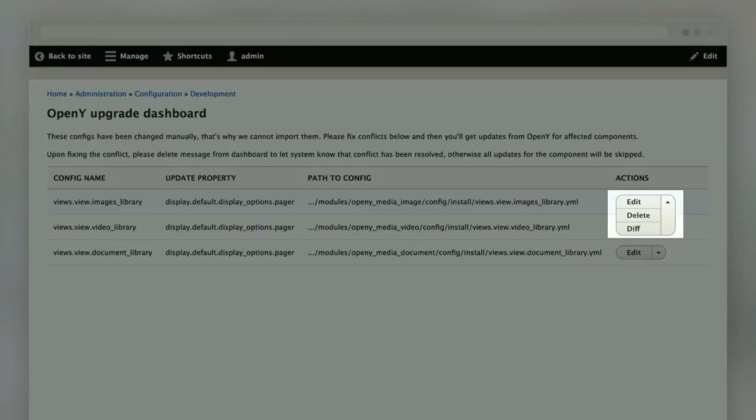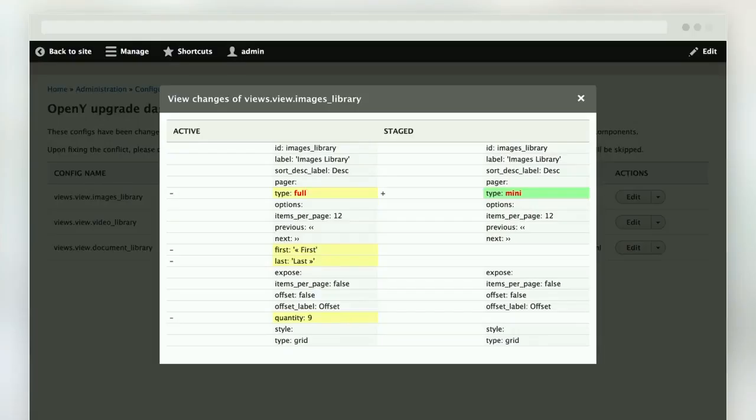Or you can take a look at the difference between your actual configuration and the configuration in OpenY, and you can delete that message. When you delete this message, you are just saying, all right, I've resolved this manually, or I agree to reject the update from the new version of OpenY. So you can decide whether you should resolve that conflict manually, or you can just remove that message from the dashboard by looking at the diff. As an example, for that use case, we are fine. We are good to go with the full pager because we do not need that change for the label.